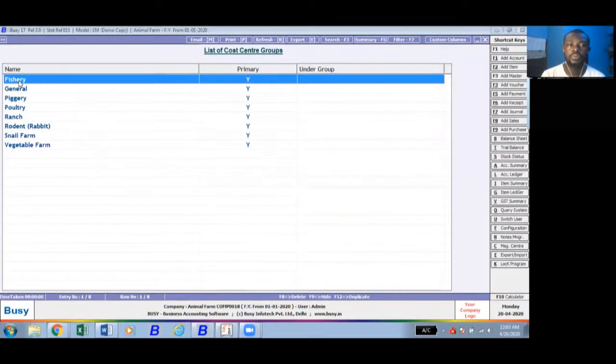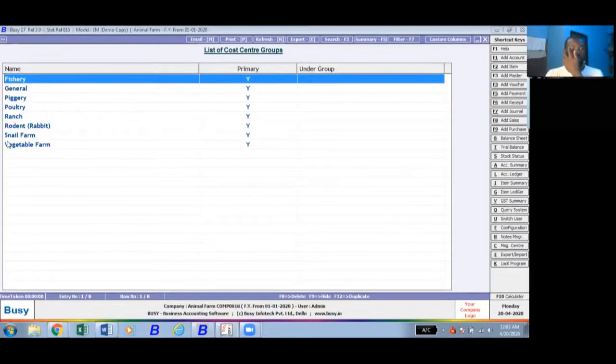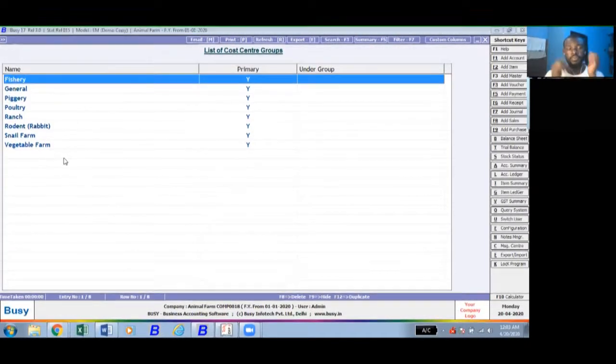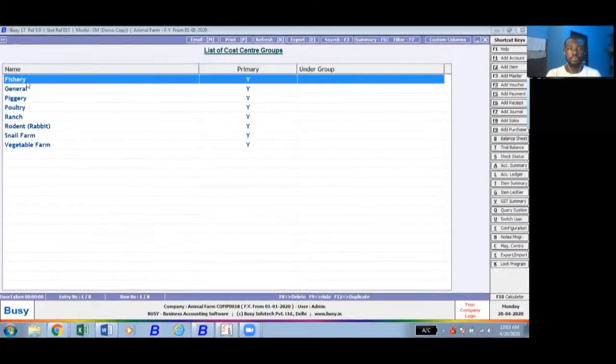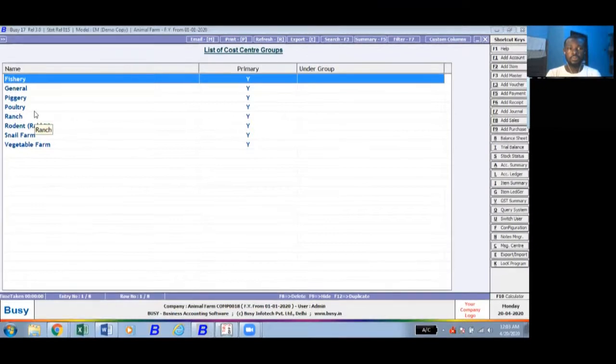These are the groups. This is the main group. This is the general. The group is the main business. We have fishery, piggery, poultry, ranch, rodent, snail, and vegetable. These are the main businesses. This is the main group. Okay. These groups, they all have costs inside of them. So now this is the amount. This is the summarized